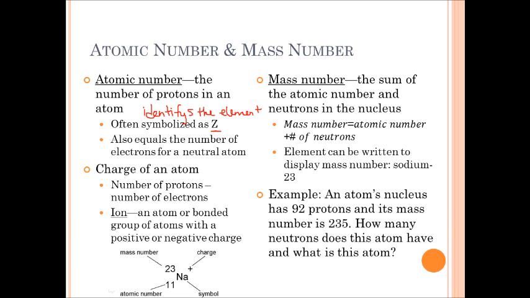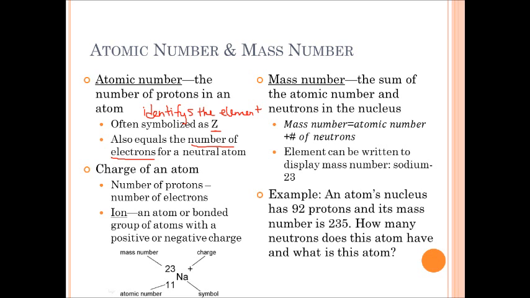It's symbolized by Z often, and if you have a neutral atom, which means you have no charge, the number of electrons will equal the number of protons. Now, if you do have a charge on the atom, you will just figure this out by taking the number of protons minus the number of electrons. And anything that has a charge we call an ion. The last bit is known as the mass number, and this is the sum of the protons and the neutrons